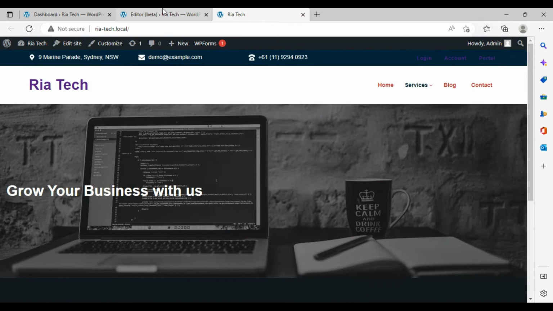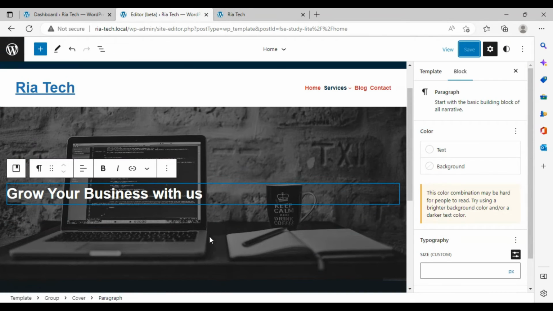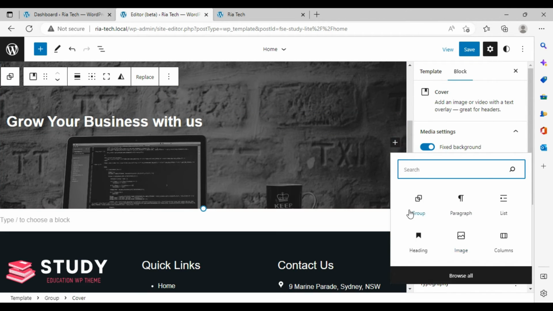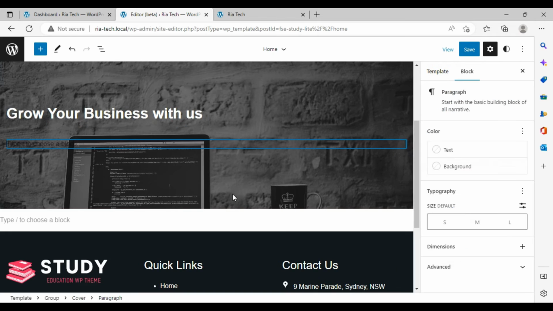Okay, if you want to add more, if you want to write more things, click on the picture and you see a plus sign over here. Click on plus, click on paragraph, as you can see the paragraph block over here, and write something. The services we provide, for example I write we provide,